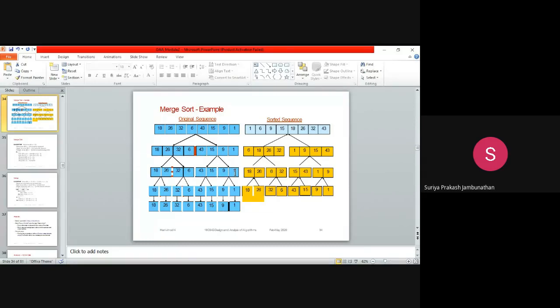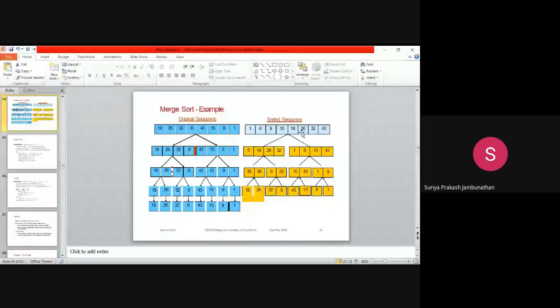And further, we are just splitting the entire input in the form of 1 and 1. So all the values that you are having will be split into single nodes. All the single nodes will have to be merged again, or conquered again, and it will form a final result. Until this step, whatever blue things you are seeing come under the division part of the merge sort algorithm. So we are doing divide on this side, and conquer on the right hand side. The left hand side is the division part, and the right hand side is the conquer part.